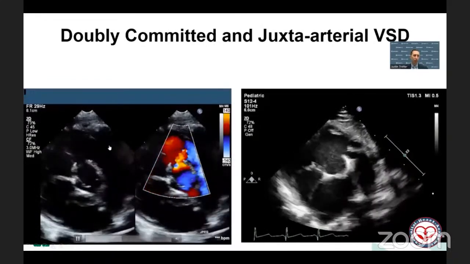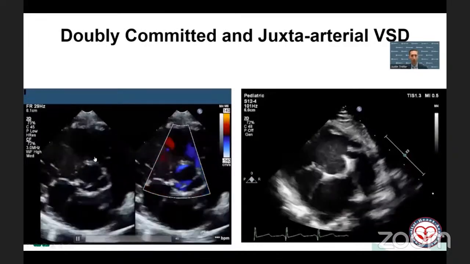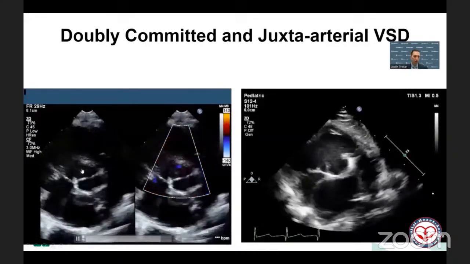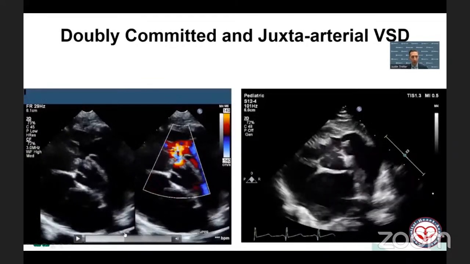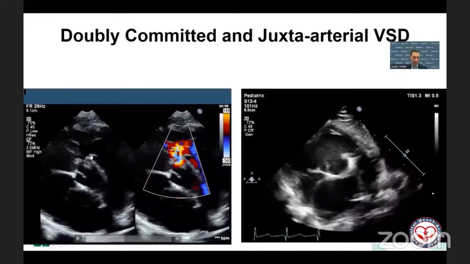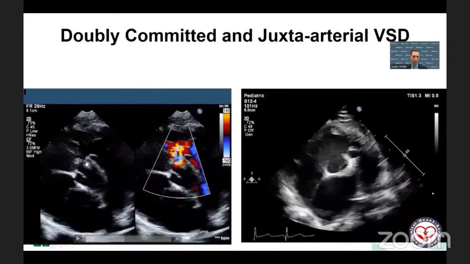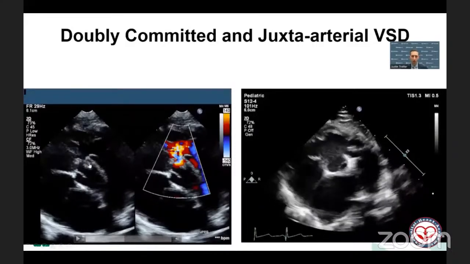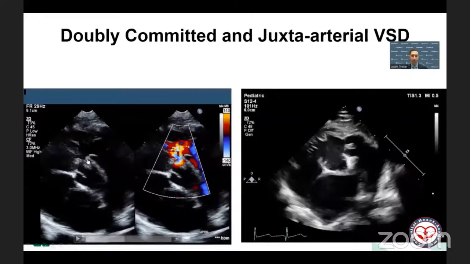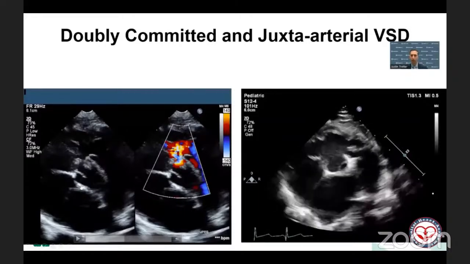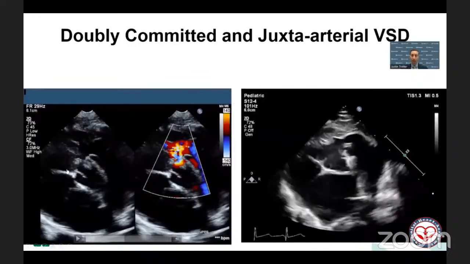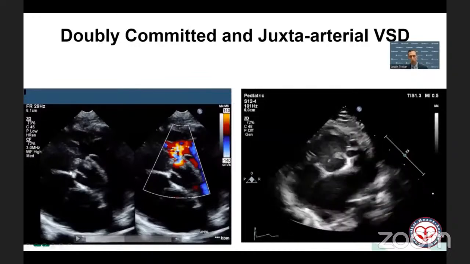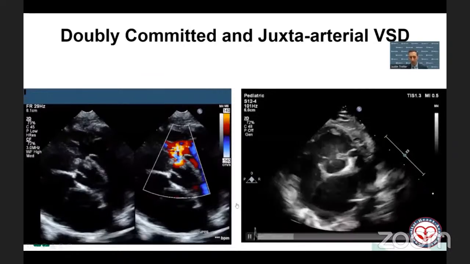So the pulmonary root now is not lifted up and away from the base of the heart. So instead of seeing it down here at around 3 o'clock, we now see it closer to about 12 to 1 o'clock. And it's right up to the margin of the defect. If I slow this down and we look at that pulmonary valve, we can see right there the aortic valve is in fibrous continuity into the pulmonary valve. So there's fibrous continuity between the semilunar valves at the anterior and superior margin of the defect. So this is a doubly committed defect that does not extend to be perimembranous. So the posterior caudal limb is protecting the conduction axis, which is posterior and inferior to that.